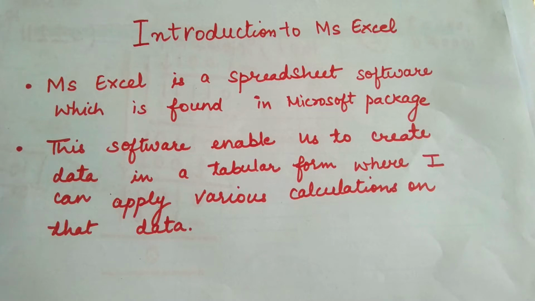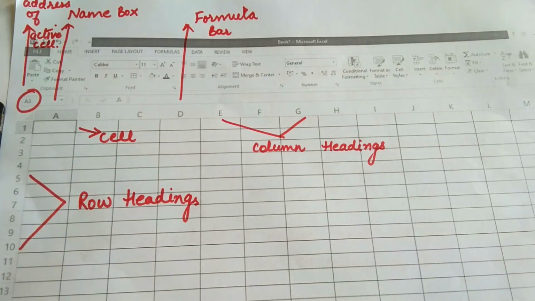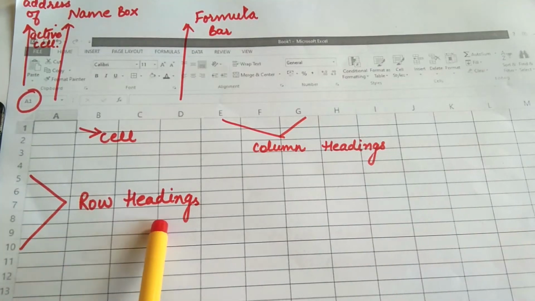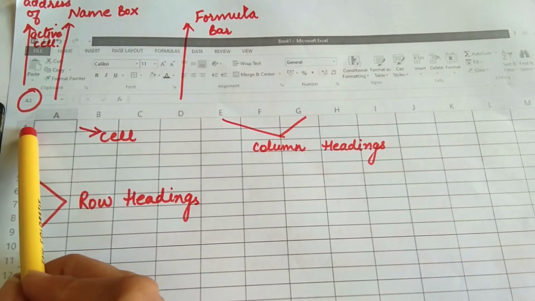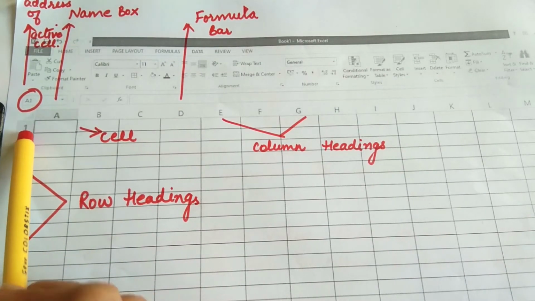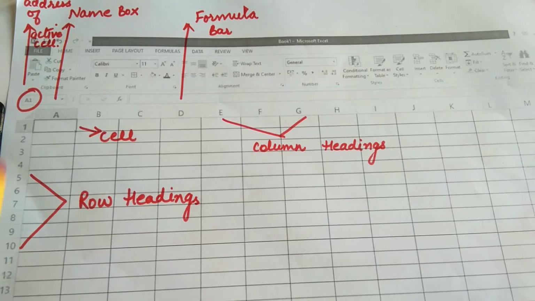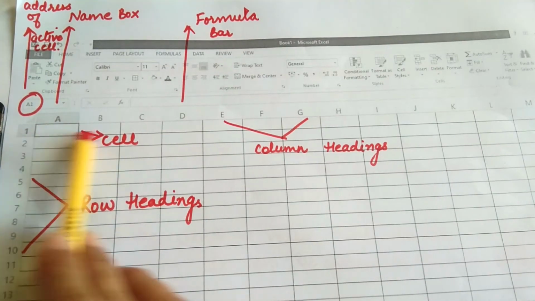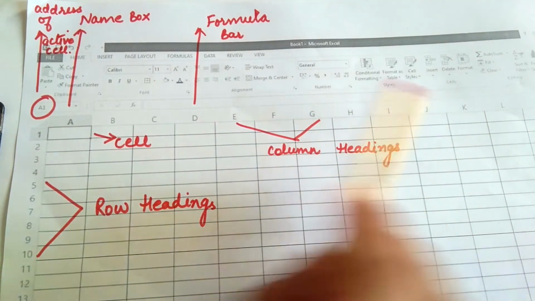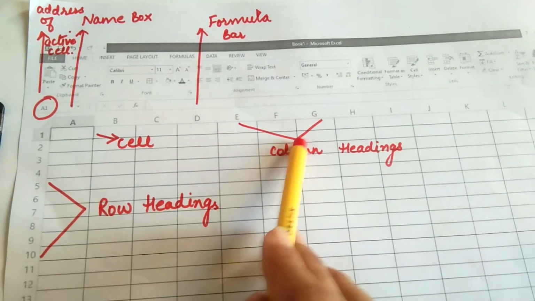So let's see what are the various elements of this spreadsheet. Now see this. This is a spreadsheet which displays when you open an MS Excel application. First of all, this is a row heading, meaning the numbers that you can see on the left hand side, 1, 2, 3, 4 and so on. The full horizontal line is one row, this is the second row, and so on.